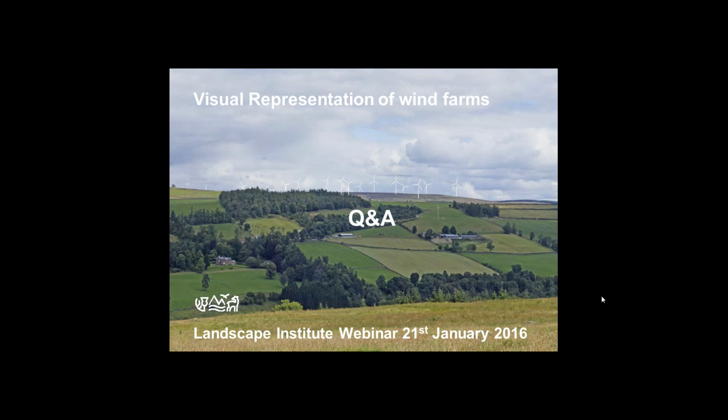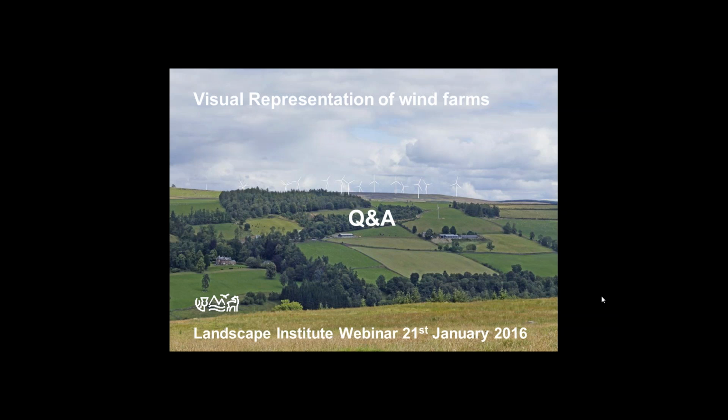Yeah, so Graham's asking an interesting question here. We have slightly fudged this in the guidance. We've basically said if the wind farm is either very large or you're very close to it, simply extend the horizontal field of view of your image. I think, I don't have the guidance in front of me, I think we have said that beyond a certain extent you should switch to cylindrical, and that's why we've provided that flexibility just to cater for those occasional viewpoints